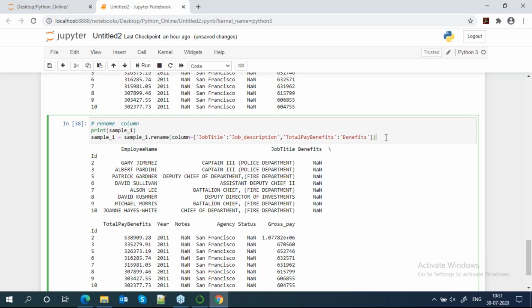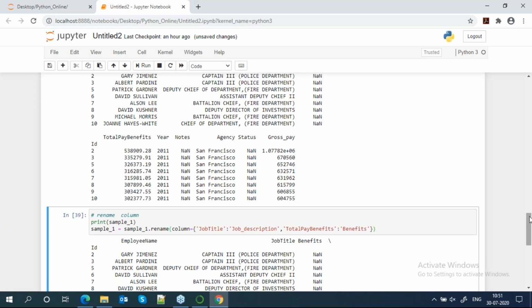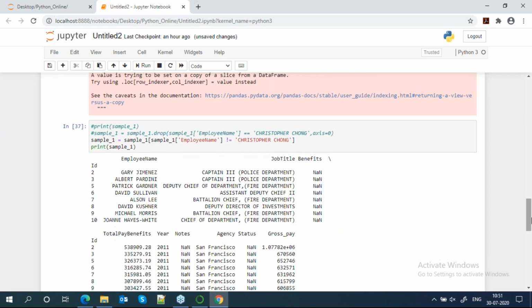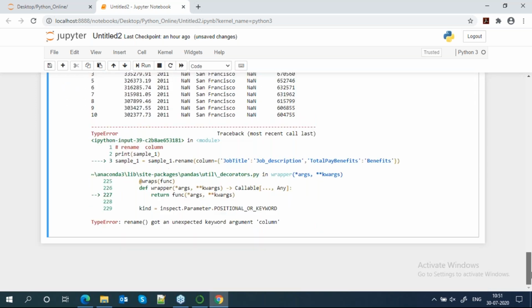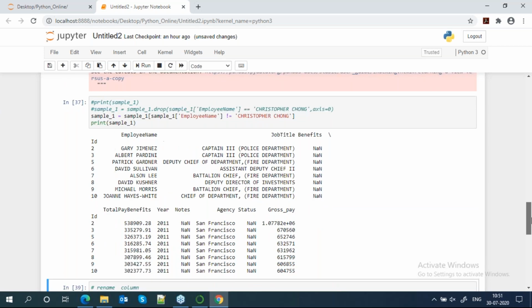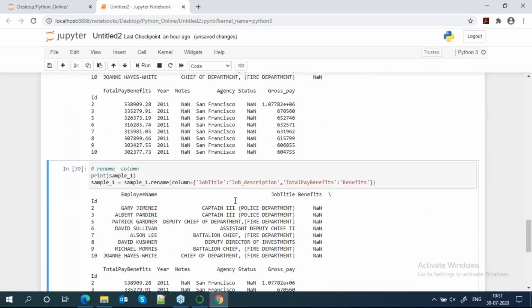Okay, so we got an unexpected keyword argument column. Where is my rename? It is columns. Okay, sorry.